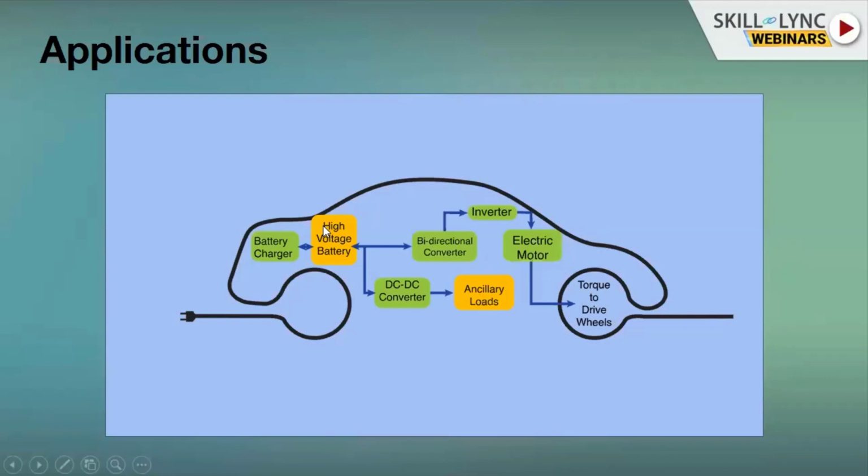So the whole system starts from the high voltage battery. This is DC in nature, but you could see over there for propelling, there is an electric motor which requires AC. So there is a need for you to convert DC to AC. When the electric motor requires AC, but the input is going to be DC, we have introduced the inverter. So the inverter is a device which converts DC to AC.